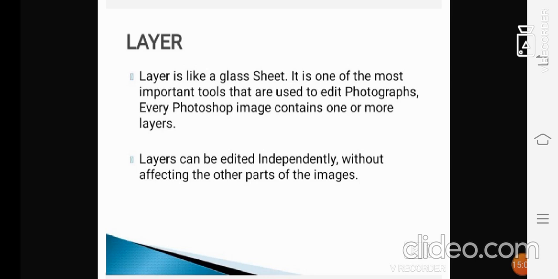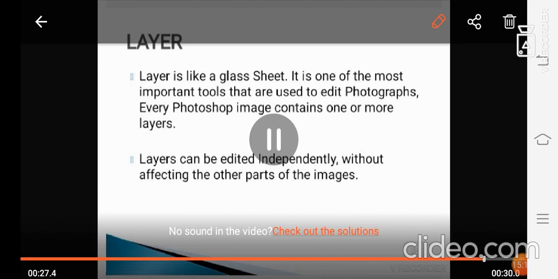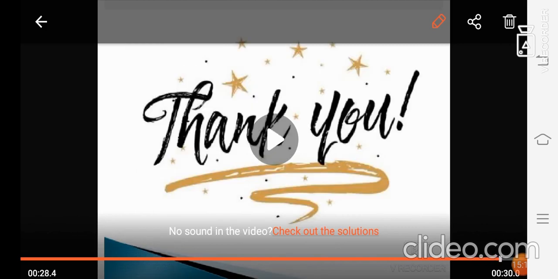And layer panels, what are they? One more we have is the layer panel. The layer panel consists of the names of all the layers present in the file. To display the layer panel, first we need to click on Window, Layers.